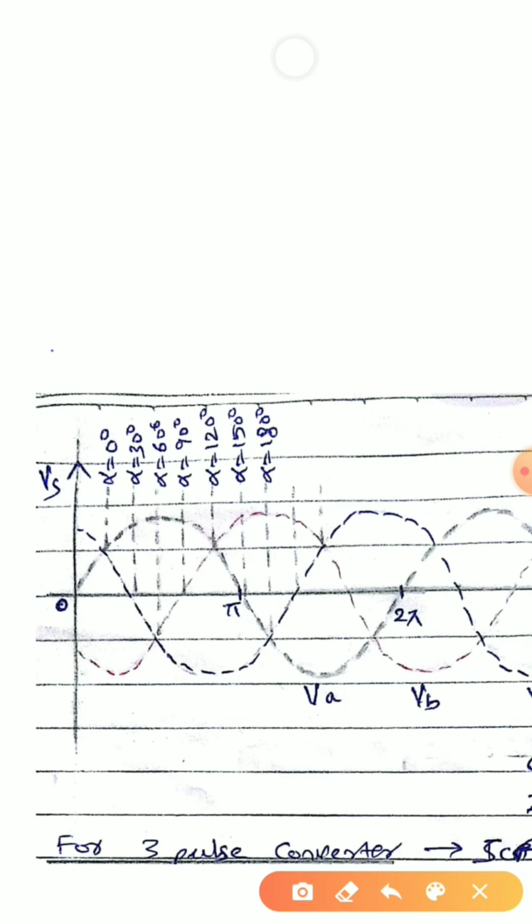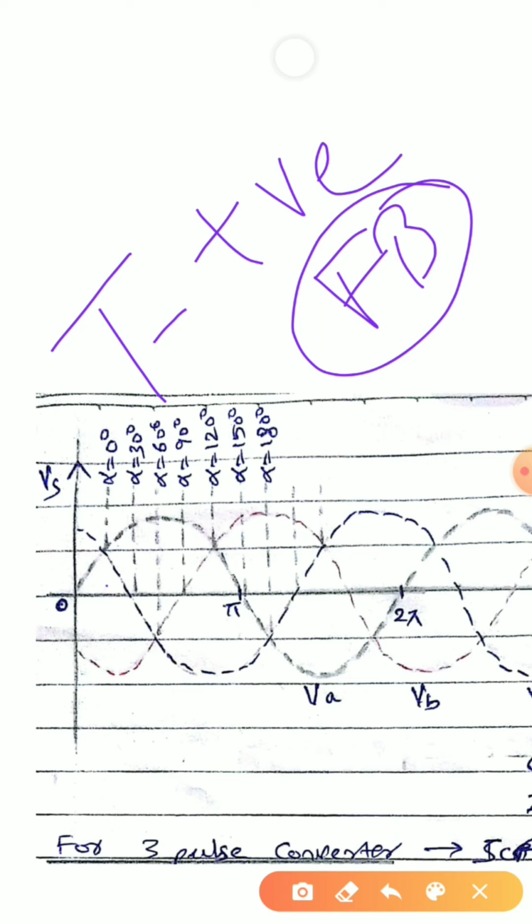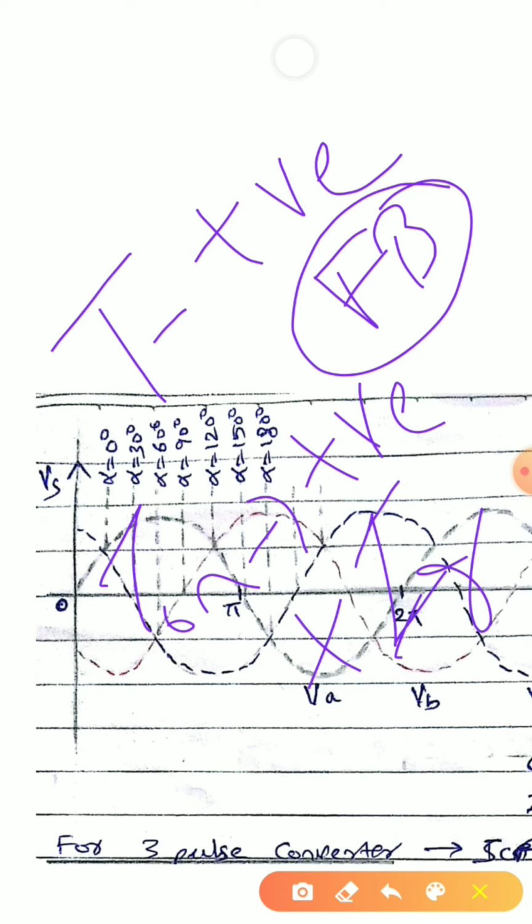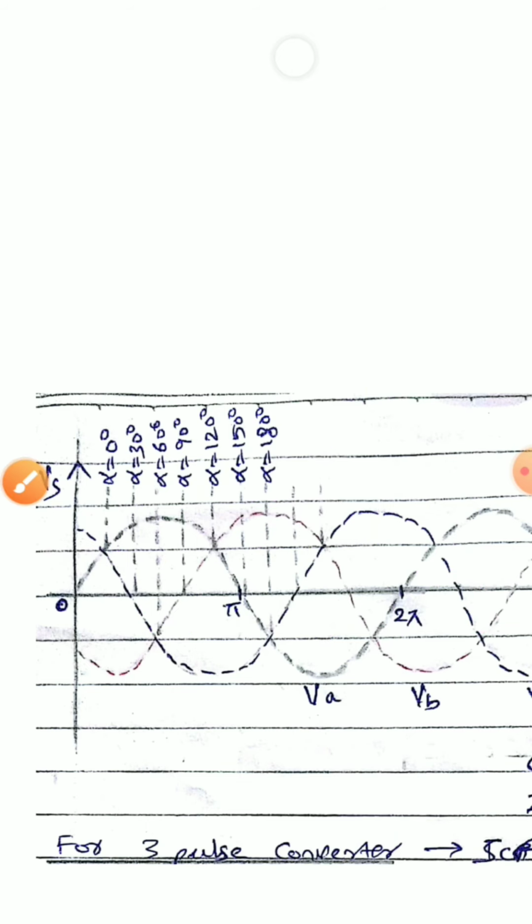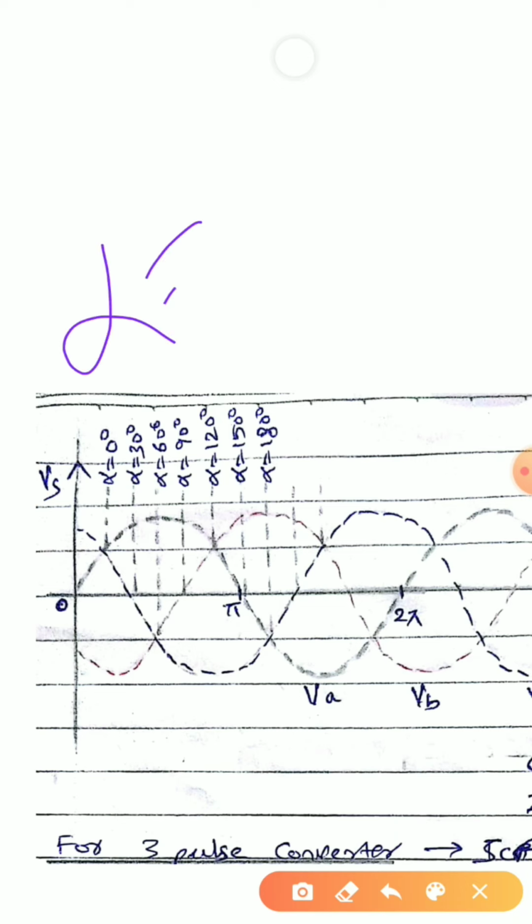Now one thing that we have to keep in mind is that, as discussed earlier, when a positive voltage is applied, a thyristor becomes forward biased, but the thyristor does not turn on. For turning on the thyristor, along with a positive waveform, a gate pulse, that is a firing pulse, is required. When I give a firing pulse, from that instant my thyristor will start conduction. If the firing pulse given is at 0 degree, as in the previous discussion of single-phase, the thyristor starts conduction from that instant. But as we are talking about three-phase, here we have to consider some more factors.